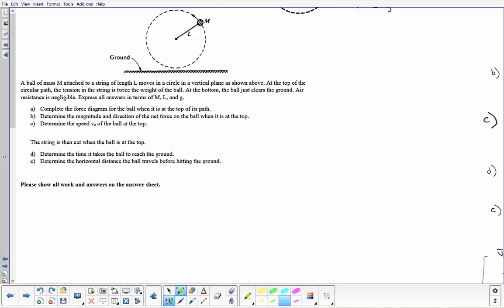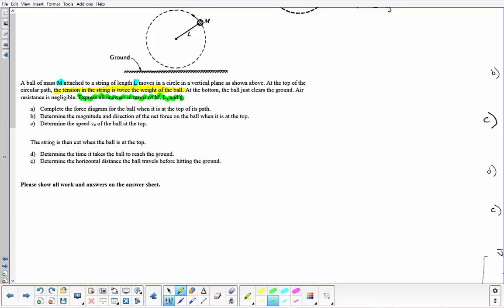We are given the mass in terms of variables. So we know it's mass m, length L. At the top of the circular path, the tension of the string is twice the weight of the ball. Tension in the string is twice the weight of the ball. That was important information. At the bottom, the ball just clears the ground. Basically, that means the circle itself is on the ground. Air resistance is negligible. And another key thing that we really had to catch: express all answers in terms of